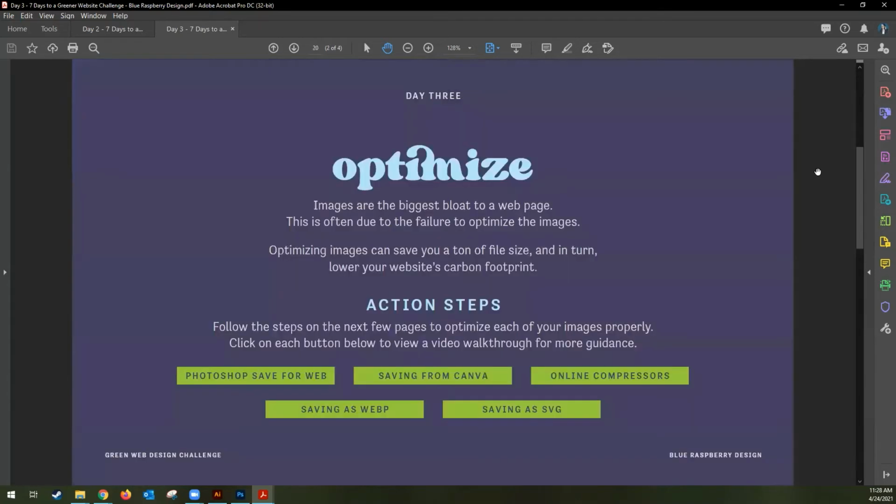So in day 3, you will find on page 2, in the action steps, buttons to every single part of this video. If you have Photoshop and you're really comfortable with that, then you can look at the Save for Web. If you don't have access to Adobe products, saving images from Canva is actually a valid way to do things. And then online compressors, regardless of whether you're saving from Photoshop or from Canva, you will want to be using those. Saving as a WebP format, I will walk you through what that is, how to do it,